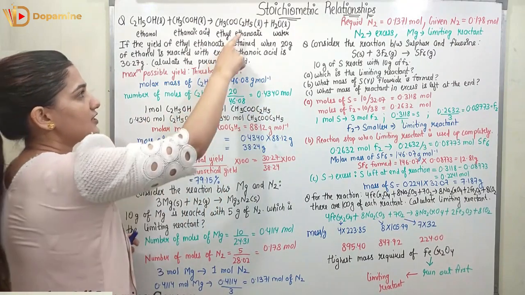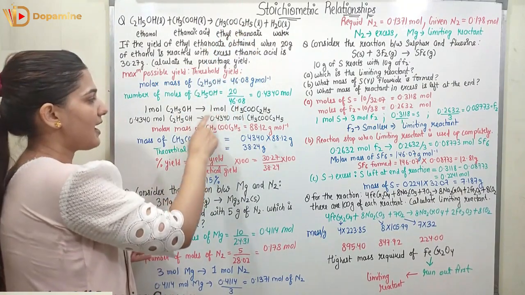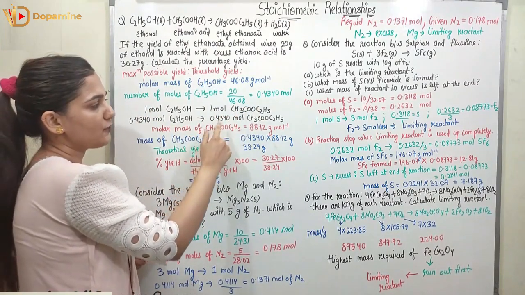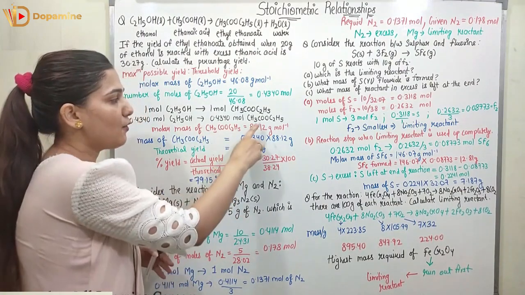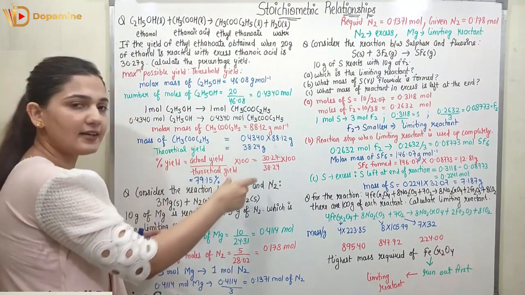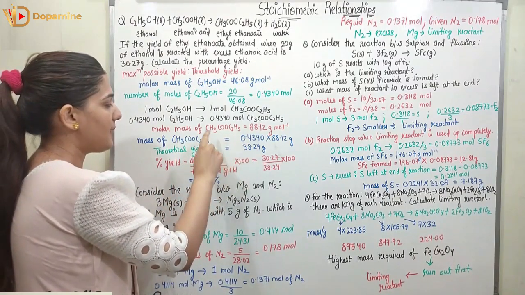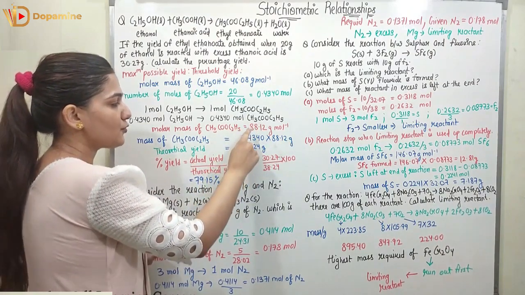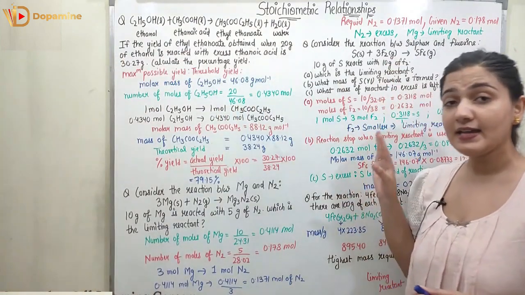So 1 mole of C2H5OH is going to give me 1 mole of CH3COOC2H5. You can see this from the question itself, and if I have 0.4340 mole of C2H5OH, it is obviously giving me 0.4340 mole of CH3COOC2H5. Now I know how many moles of CH3COOC2H5 are present, so from the moles I can calculate the output weight, that is the theoretical yield. The mass of CH3COOC2H5 can be calculated by multiplying the moles with the molar mass. The molar mass of CH3COOC2H5 is 88.12, so it is multiplied with 0.4340 and we get 38.24 gram. That is my theoretical yield.